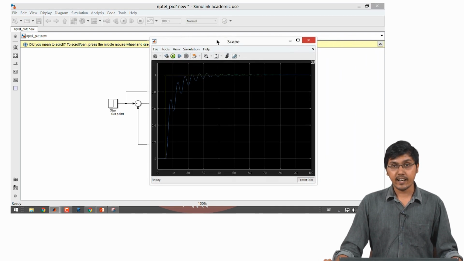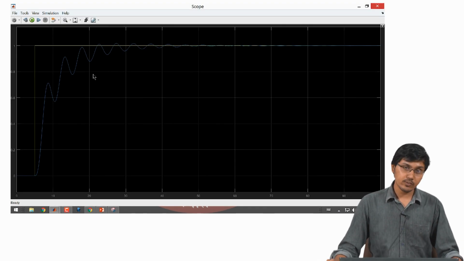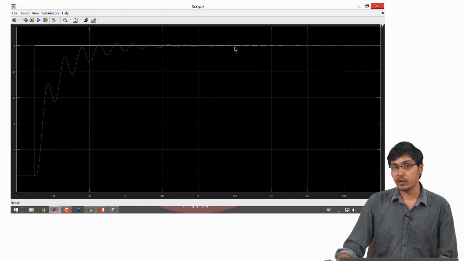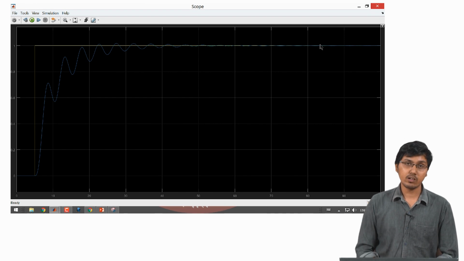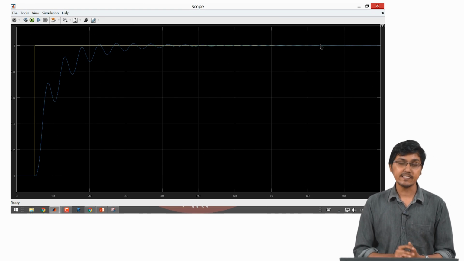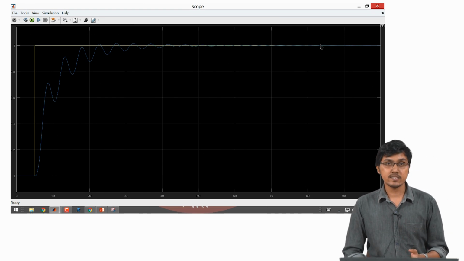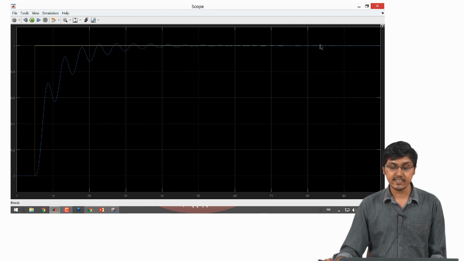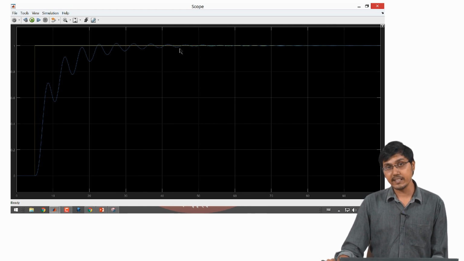The most interesting thing about this one is that there is no steady state error. Basically the value is reaching the set point. That's the very good thing about integral controllers, and that is the reason why most of the controllers used in the process industries are PI controllers, proportional and integral. Integral action is a very good thing to have because it eliminates the steady state error.